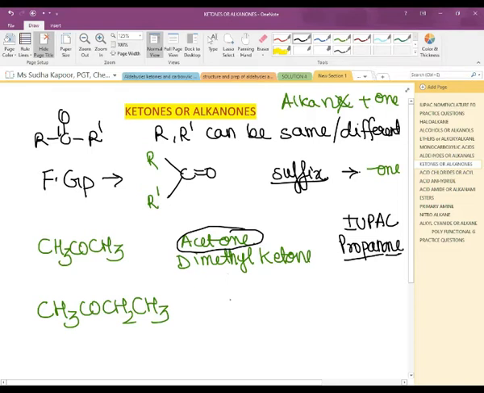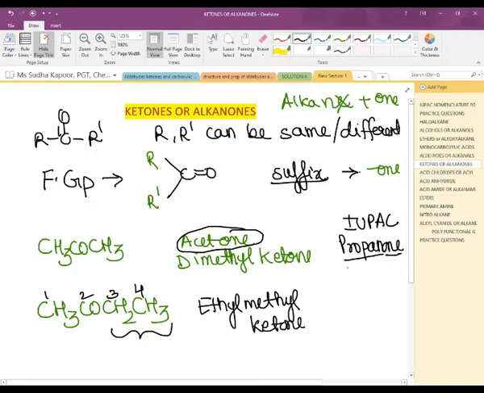Now for the 4 carbon ketone, the functional group is given the lowest number, and it will be known by the position where the ketone is present. In common name, it is known as ethyl methyl ketone. But in the IUPAC, the total number of carbons is counted, so it will be known as butan-2-one. The last E of the alkane is removed, and along with the position, the functional group is represented.